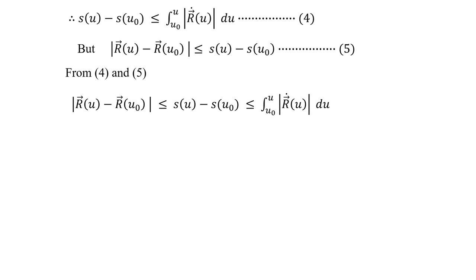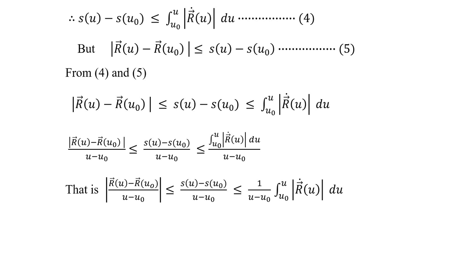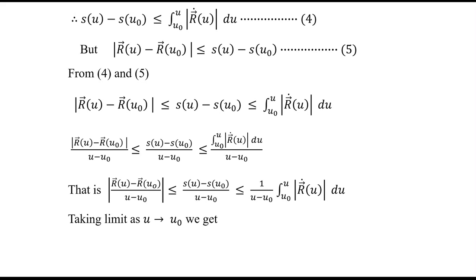So from equations 4 and 5, we get mod r vector of u minus r vector of u naught is less than or equal to S of u minus S of u naught, and this is less than or equal to the integral from u naught to u of mod r dot of u du. Now we divide by u minus u naught in the above equation and take the modulus. Then we take the limit as u tends to u naught. So we get